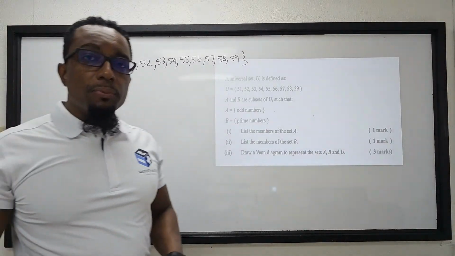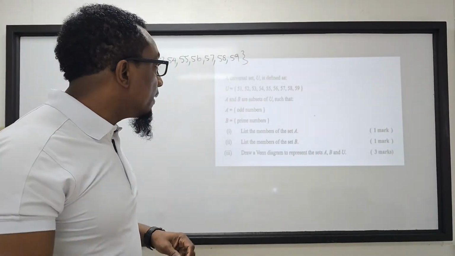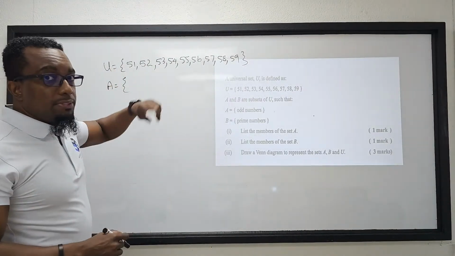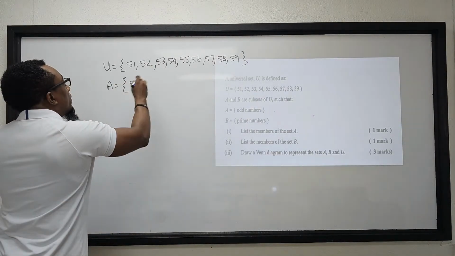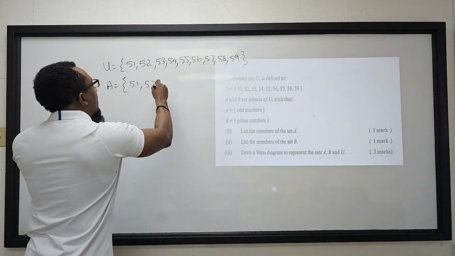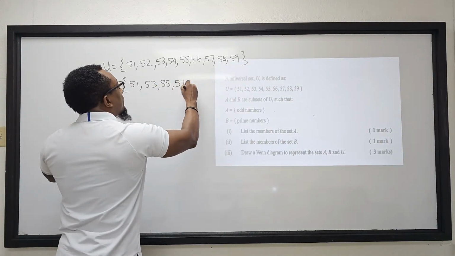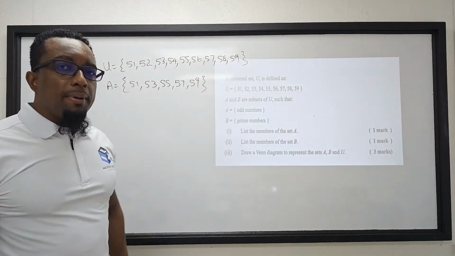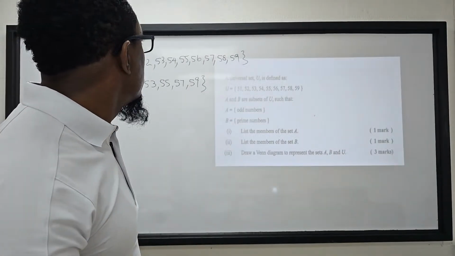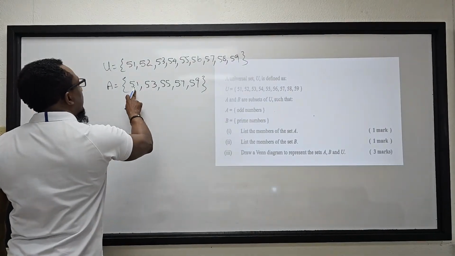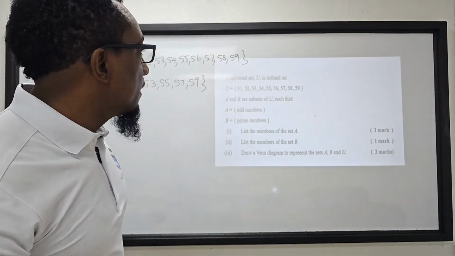we have odd numbers. We know odd numbers are numbers that cannot be exactly divisible by 2. So our odd numbers here, based on the universal set, will be 51, 53, 55, 57, 59. Oh, sorry, not exactly divisible by 2, yes, so 51 is there. So we have B,